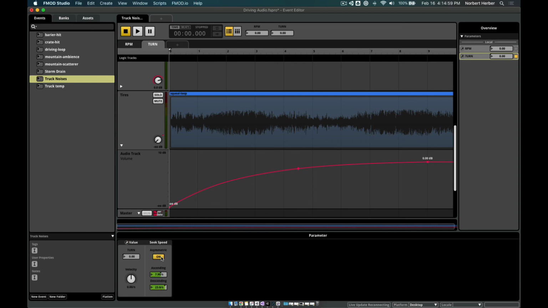Or we can use asymmetrical, and that allows us to assign separate values for parameters moving in both directions. And I know from working on this earlier that asymmetrical really works better for turning. So an ascending rate of 47 and a descending rate of 23 works well for this. And what that means is that as I'm driving,